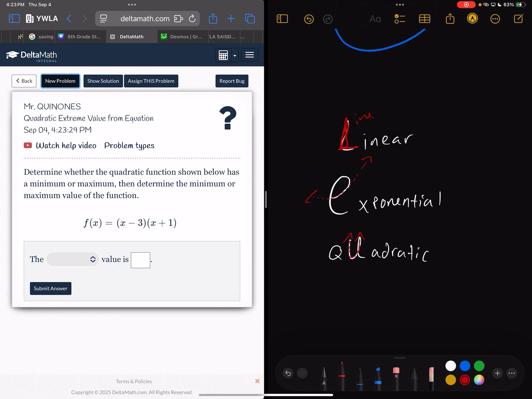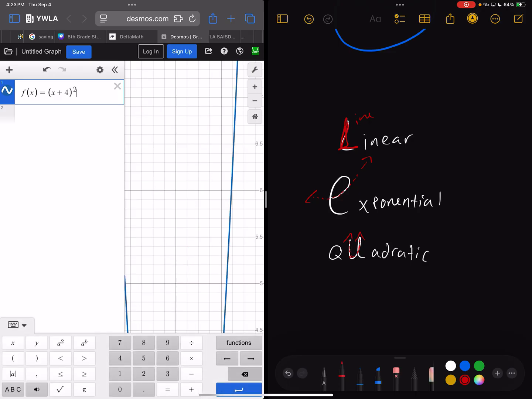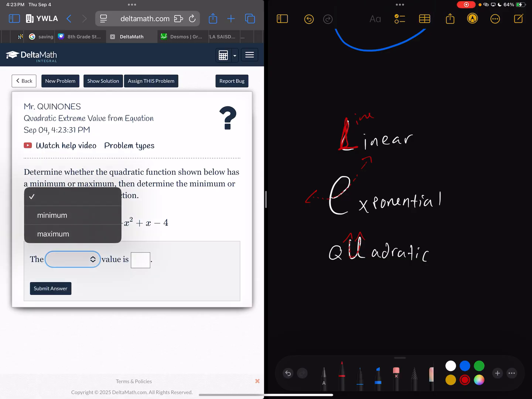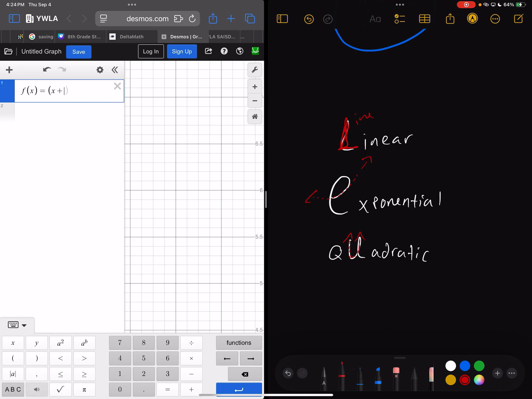So let's just do another one. Nope. This one. Let's do this one. Let's graph it. Real quick, do I have a minimum or a maximum? Maximum, right? Because x squared is positive or negative? Negative. So that should be the first thing. Without even having to graph it, I should be able to say that at least. So there's going to be a maximum, but now let's actually graph it so we can get an actual value